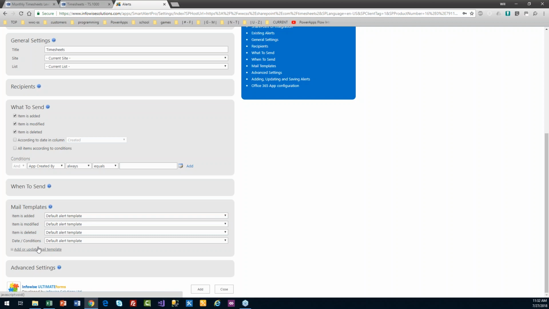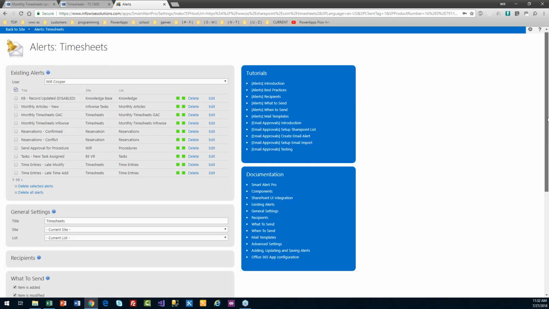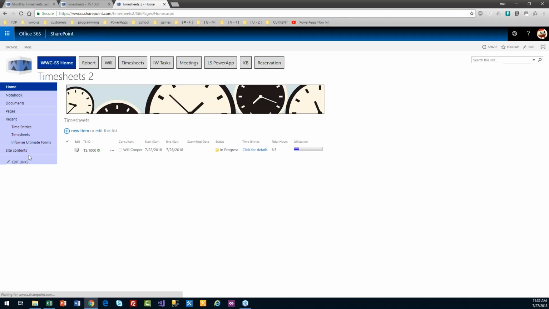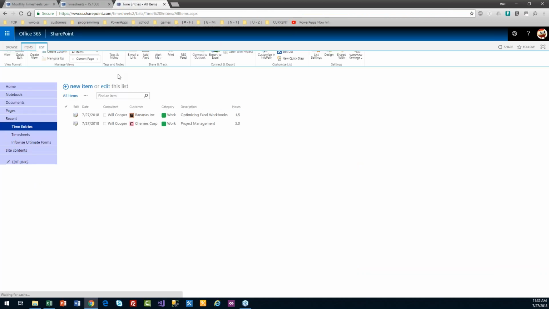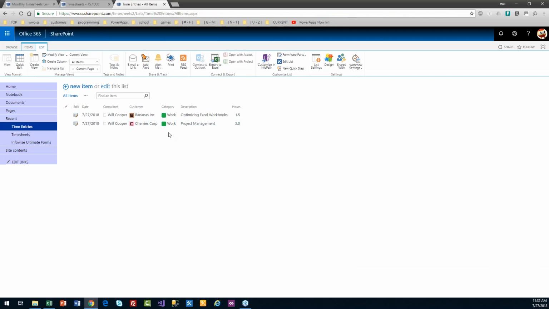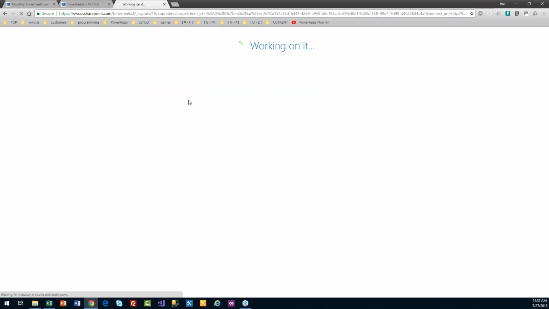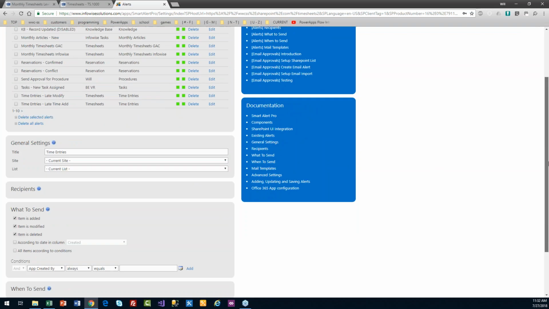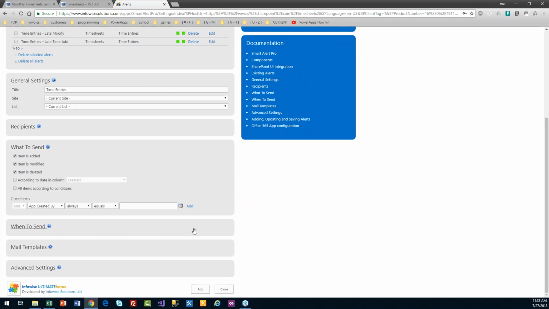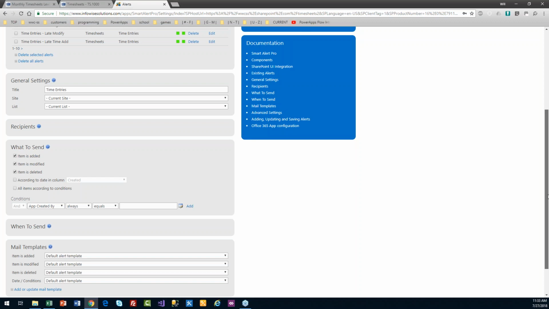If you're ever doing email alerts, always start with the content of your message first. I went to this from the timesheet screen. I want to go from the time entries. Sorry, make sure you do the content template for email first, though. Okay, time entries. That's important. The context of the list for going to email alerts matters just the same as it does for the design screen. This matters because when I go to do the template, I want it to have the fields that I want. Otherwise, it's going to show me